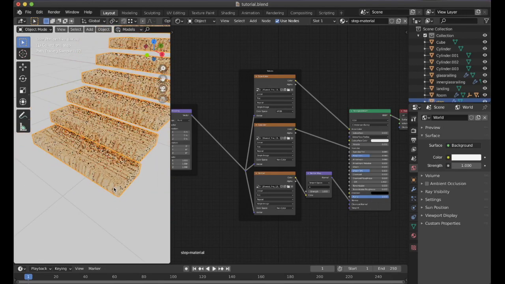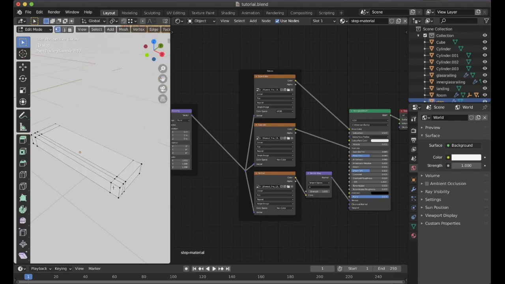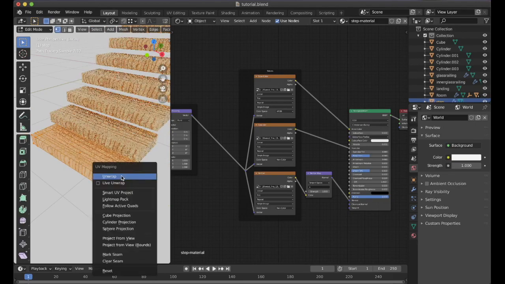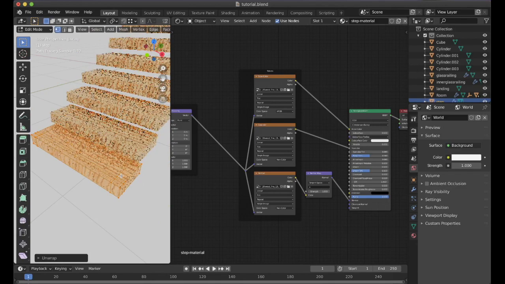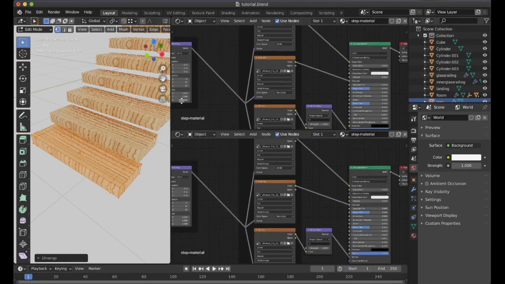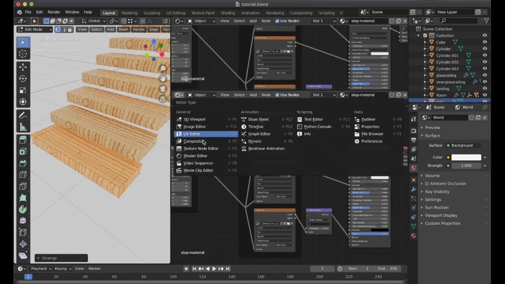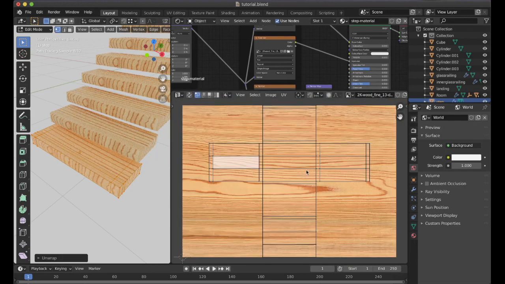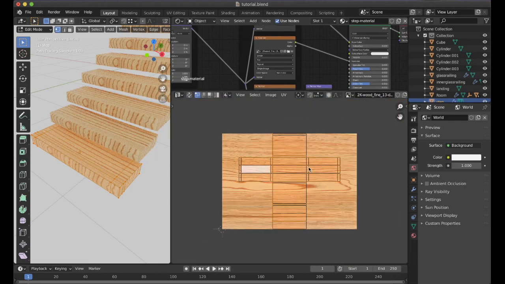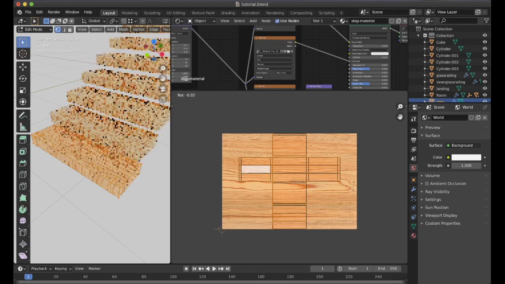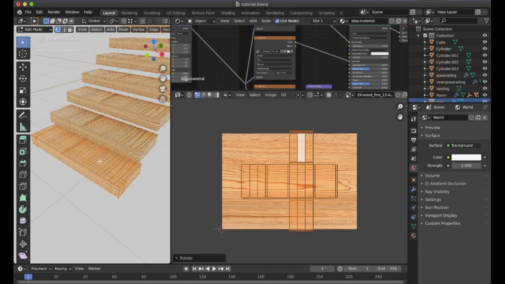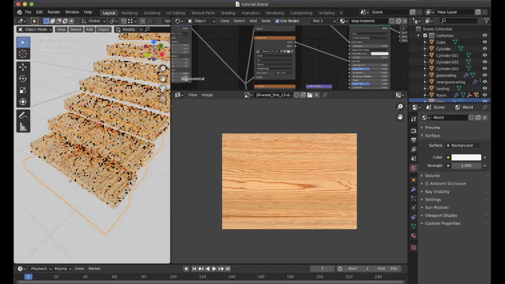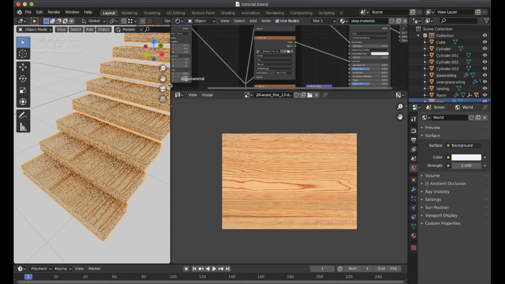So for that I will go into edit mode with Tab and then press A and then press U, unwrap. Now this time I will go over here in the UV editor, and then what I will do is I will press A and select them all and rotate them by 90 degrees. This will look better in our case, this orientation of the texture, so I will keep it to this.